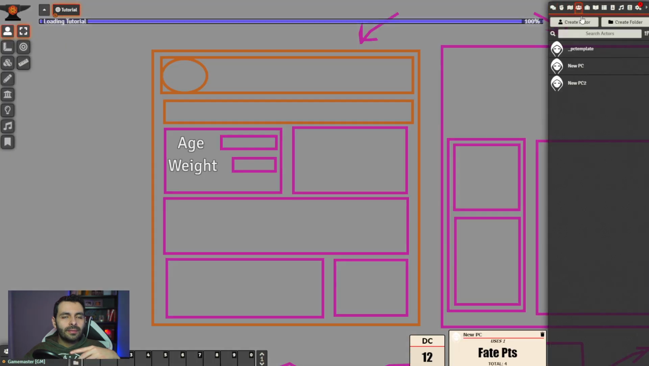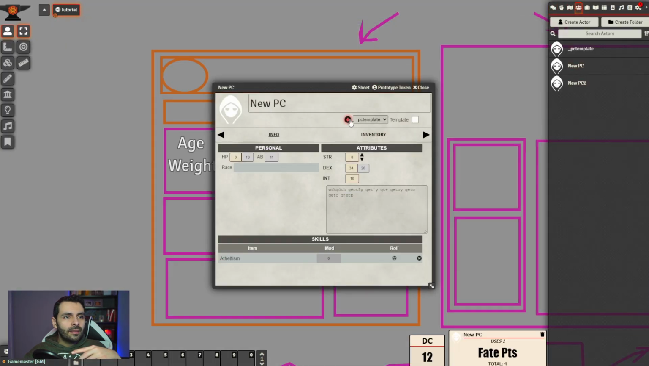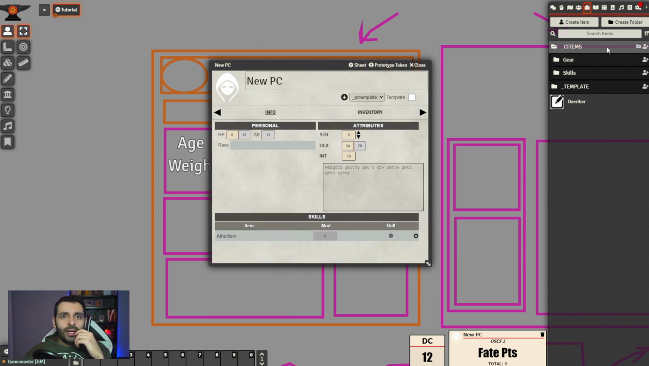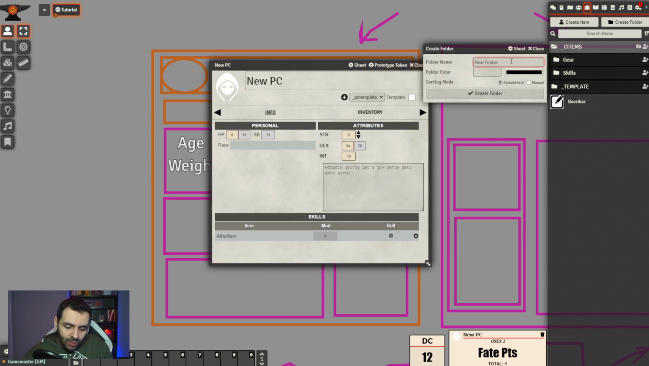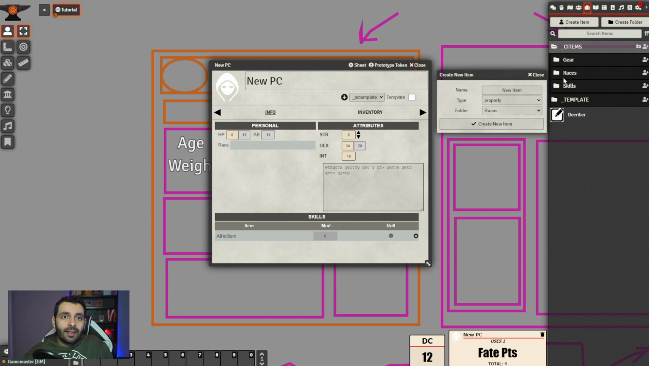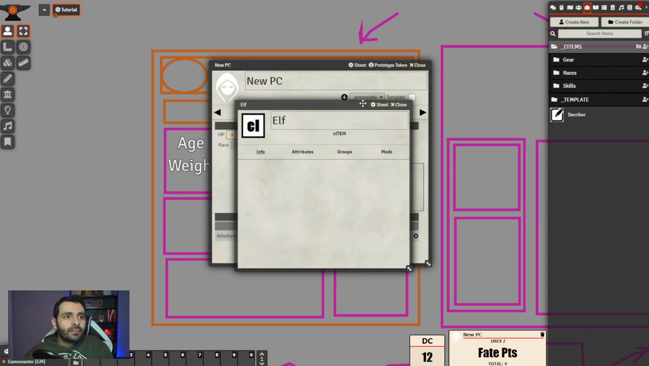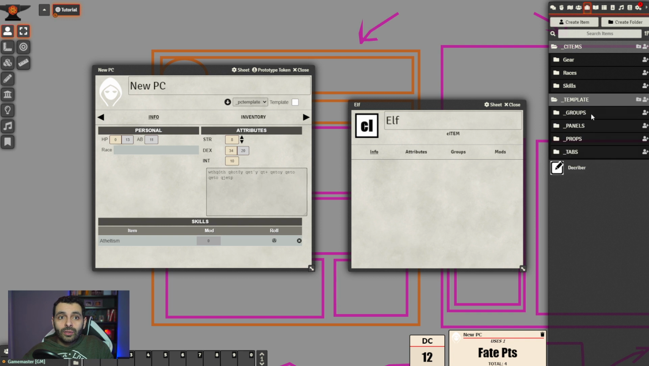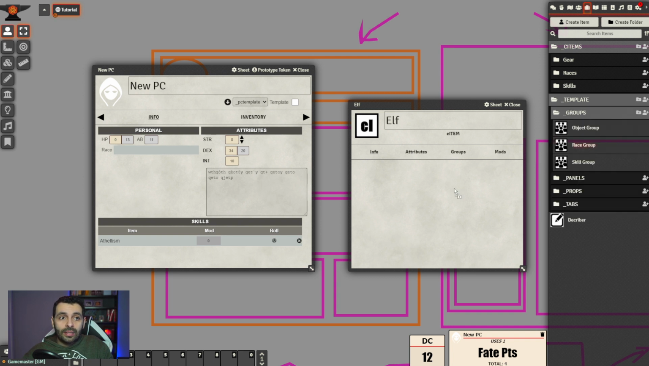Let's rebuild, reload. There it is. So race, we have race, and we have this very long table cell here. Okay, so if I go now and create a new folder within my C items called races, and I create a new C item called elf, and for this C item to be a race,